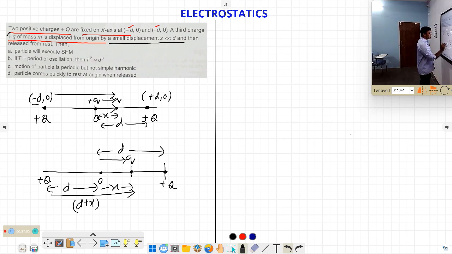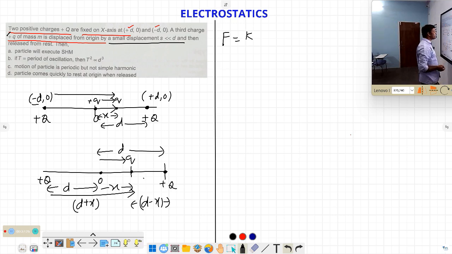But when the charge is moved towards the charge plus q, now the distance between the two charges will become d minus x, remaining. So in one case the distance is increased, in the other the distance is decreased. In the case of decreasing distance, force will be more, yes or no? Because according to the concept of force between the two charges,